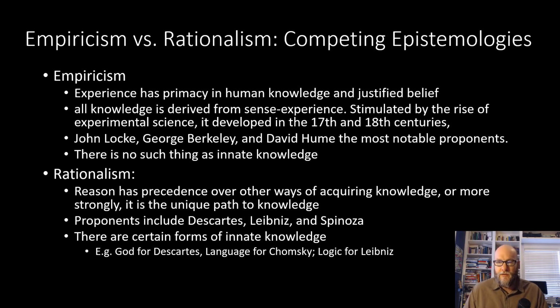Now, competing with that is the concept of rationalism, which says that reason has precedence over other ways of acquiring knowledge. This is very much what Descartes was arguing in this idea of the cogito. He was saying, my observations can be flawed. I could be manipulated. I could be a brain in a jar being manipulated by a mad scientist somewhere. But reason is really the way in which we understand and is the unique path to knowledge. Proponents, as I said, include Descartes, Leibniz, Spinoza, other early modern philosophers, and they do believe that there are certain